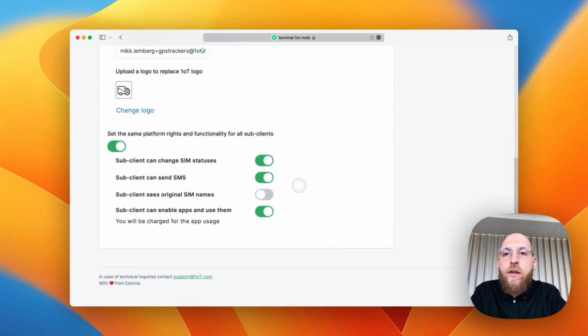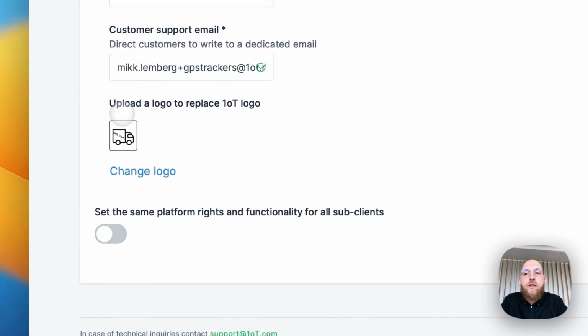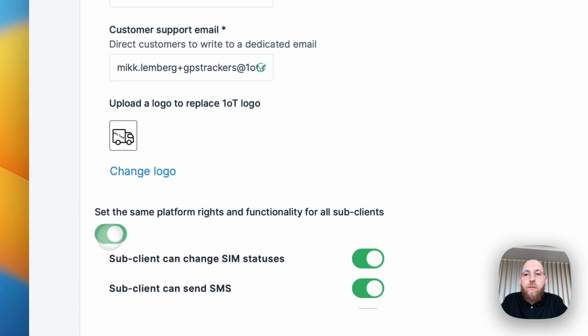And then the other part is I'm able to select and choose what functionalities are enabled or allowed for the SAP client companies. So I can make them the same across all SAP clients, or I can edit them individually when I invite new SAP clients to the platform.